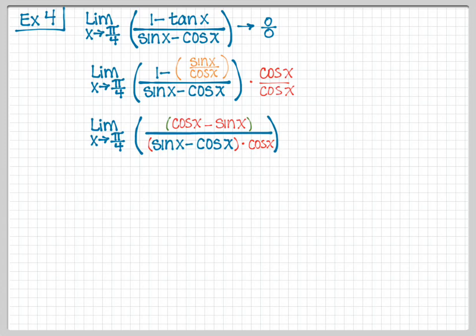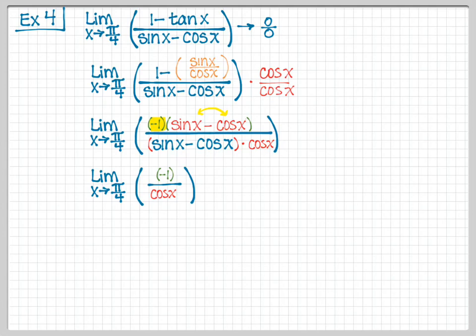So this numerator, I'm going to factor out a -1, and that allowed me to change the order of the subtraction. So now both numerator and denominator have the same factor of sine x minus cosine of x. So I can cancel that out, and I'm left with -1 over cosine of x. And at this point, I can plug in pi over 4 and evaluate, and I end up with -1 over root 2 over 2. Remember, this means the reciprocal of this, so I'm going to have -2 over root 2,